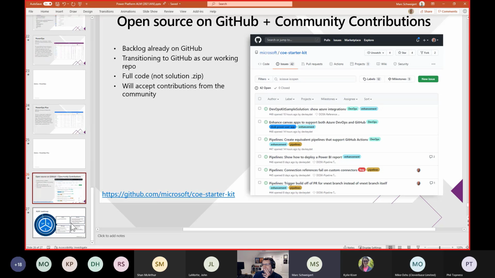And for us, being able to do things like full source control of Canvas apps, being able to provide people the same pipelines that we use internally, right, to get started to be a contributor, all those things are a necessity for us to open source things. So this project serves numerous purposes, including helping us do ALM, sharing what we do with you, but also we would expect people who are going to contribute to the COE starter kit to basically get our pipelines up and running in their environments, right? Because we're going to expect them to test things out and do deployment automation, et cetera, to meet their own quality gates before, for example, they submit pull requests to us.